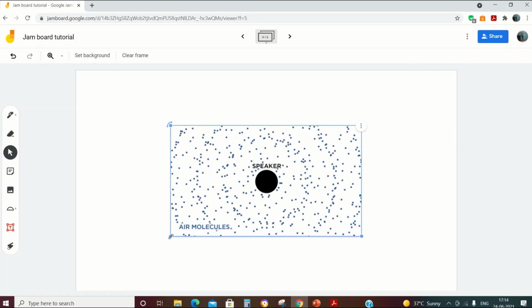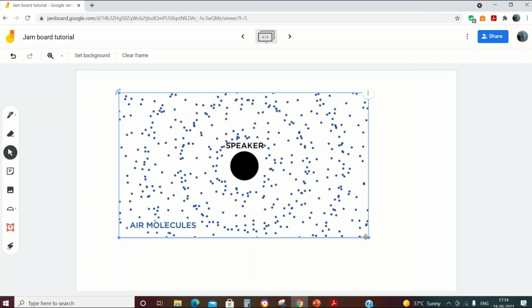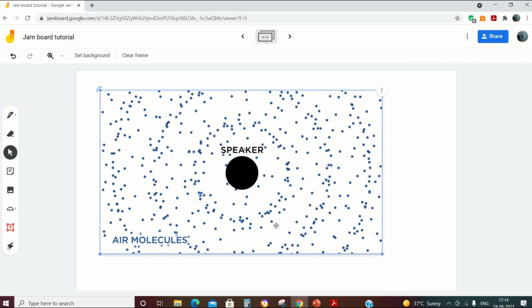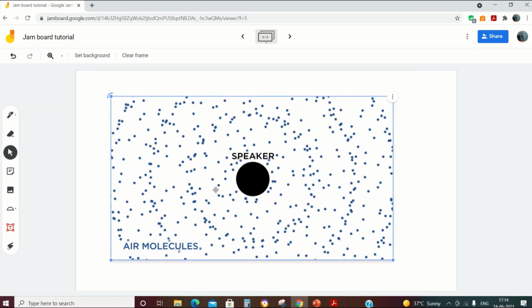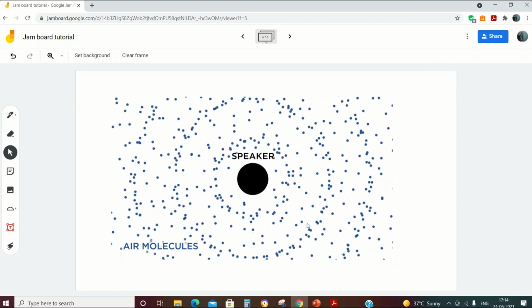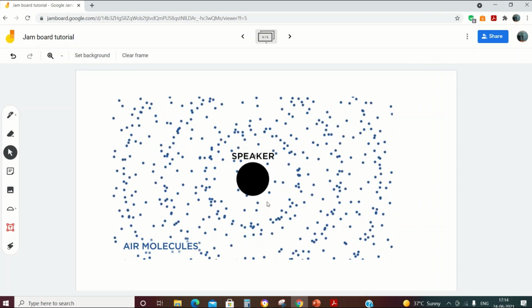This gives a very good visual effect to the students, and when we teach, it will have a very good impact on them. They will understand it better when we show this in the form of a visual medium. Instead of a simple image, this gives more information to the students.